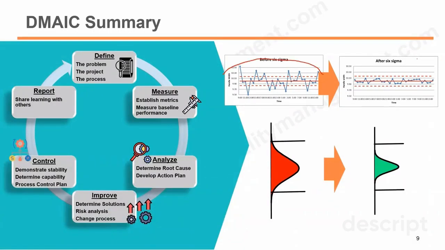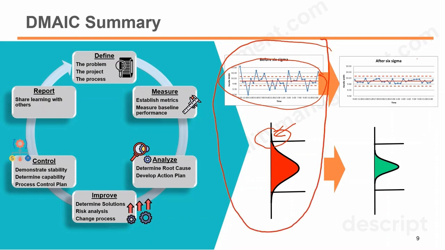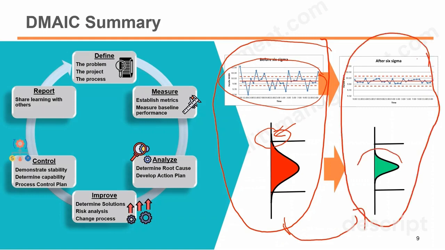Variation exists in all processes. Variation costs money, as you could have a lot of rejects in this area. Monitoring and controlling variation is the key to success in a manufacturing process. Six Sigma will help you to reduce variation from here to a desired process of less variation in here through its step-by-step approach, from the define phase of